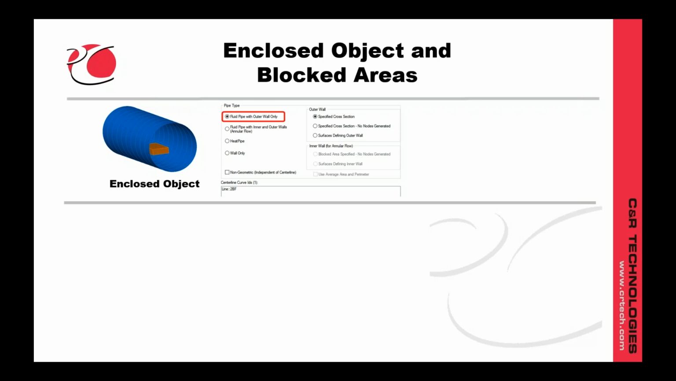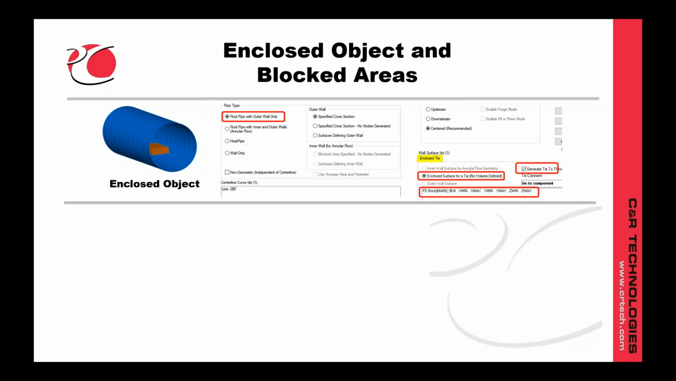Since this is not annular flow, the pipe type is set to a pipe with an outer wall only. And then using the wall surface ID dialog,